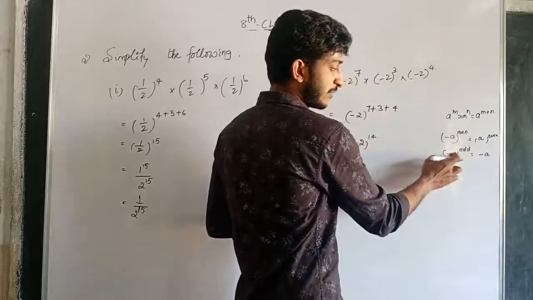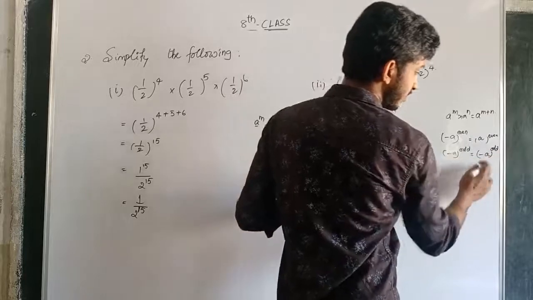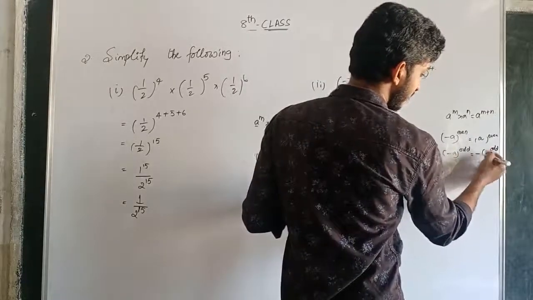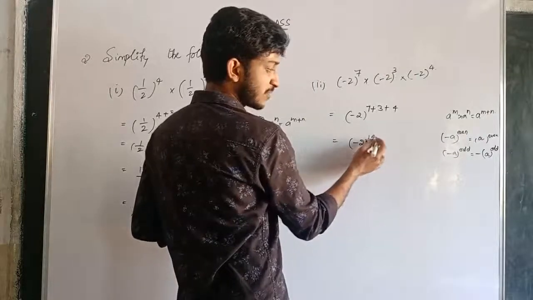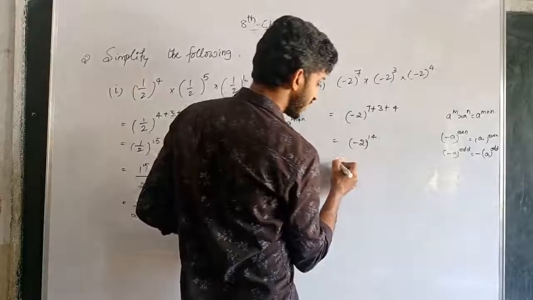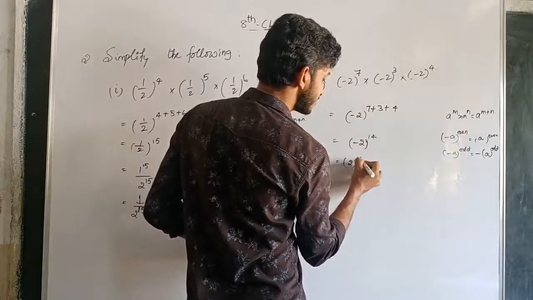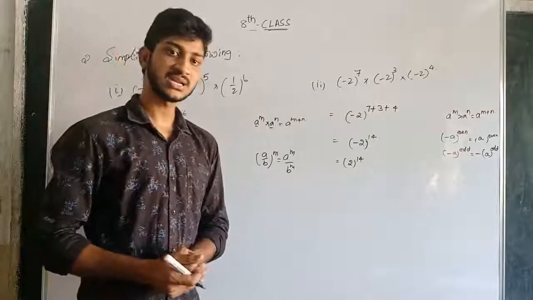If a negative number has an odd power, then we have the odd power giving a negative value only, minus of a, okay. So here if you see, the negative number has an even power, 14 is an even number, so what does it become? It is a positive number. It becomes a positive number, meaning 2^14 is the answer, okay children.